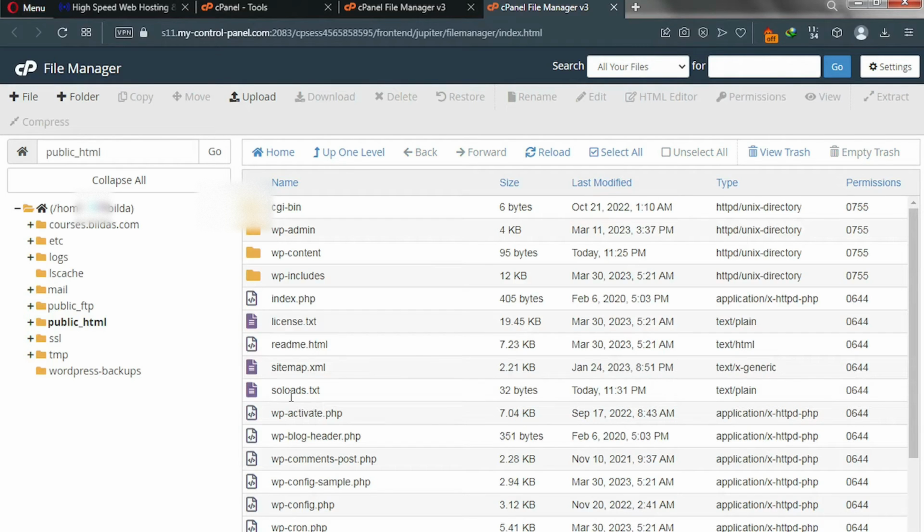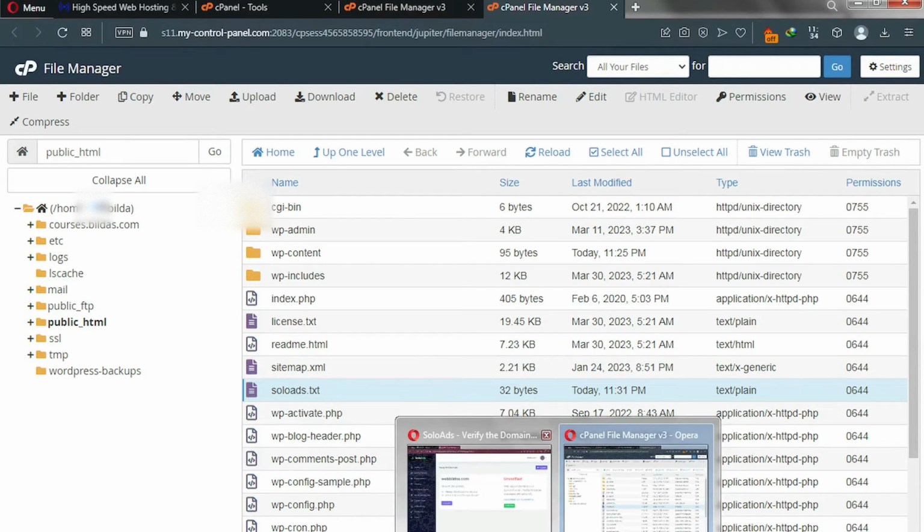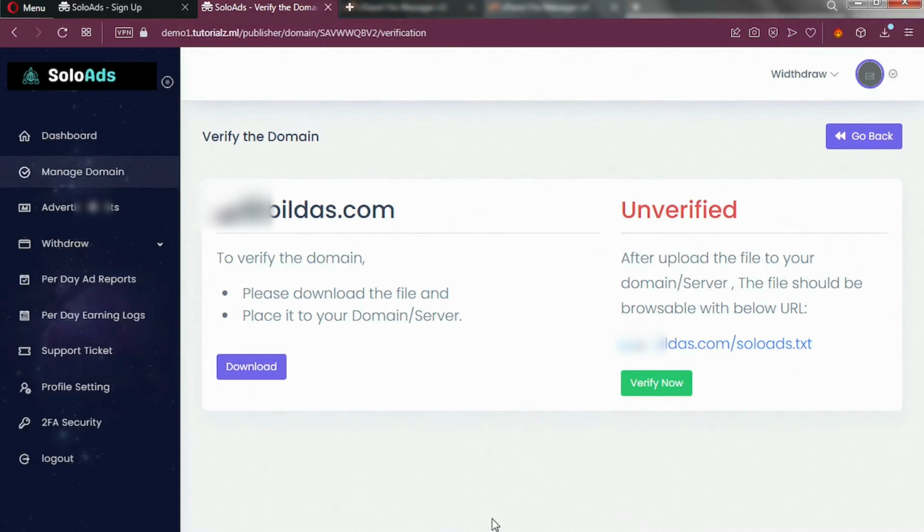Excellent. Now when you take a good look, you see this is the file they asked us to download to our root directory, our website. Okay, good, all is set. Now let's go back to our verification page. I'll take you back there and then click on Verify now. You can also click here to check the visibility of this file. So I simply click on this link